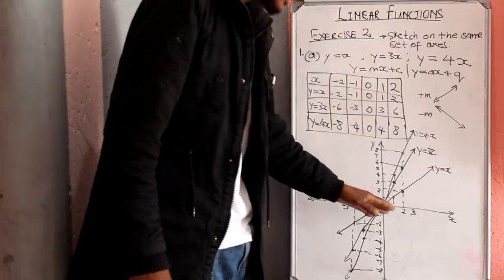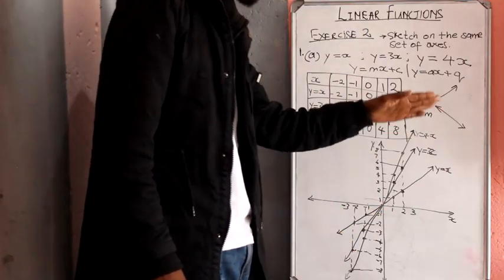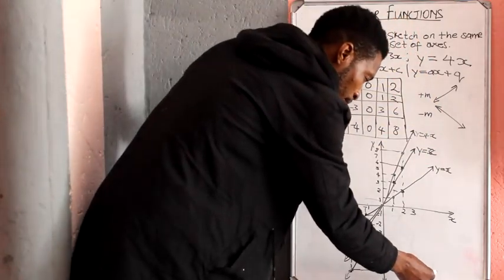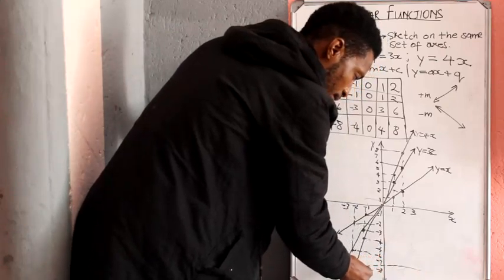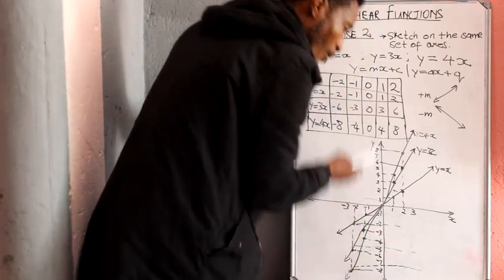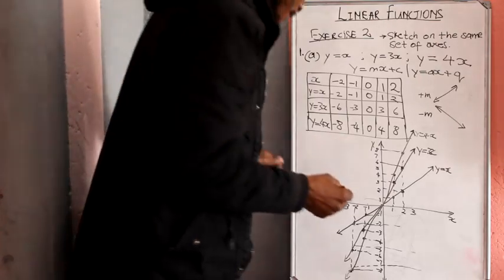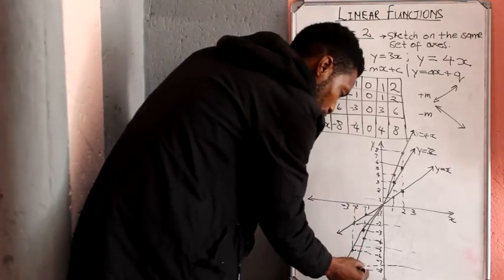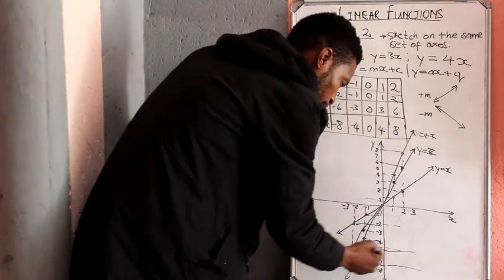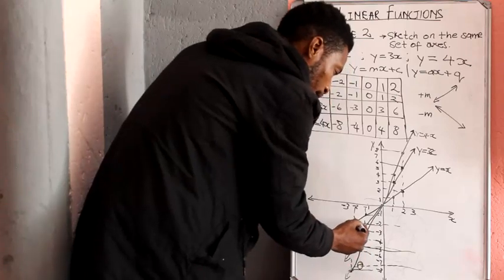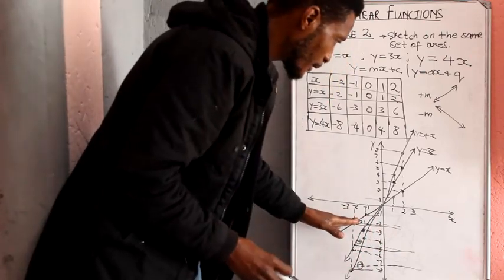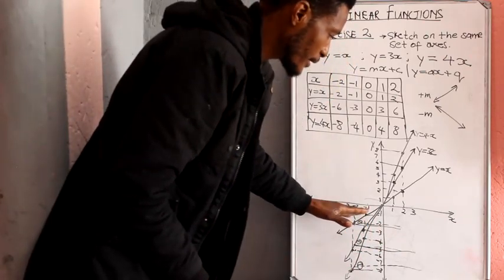You do notice now what happens as your coefficient of x, which is represented by m, the gradient, increases: the incline of the graph further increases as well. Which means if we were to draw a horizontal line against each of these graphs, what we would call the angle of inclination, theta, would be somewhere there for this one, somewhere there for this one, and somewhere there for this one. So as you notice now, from the smaller one, y equals x, the incline is rather more